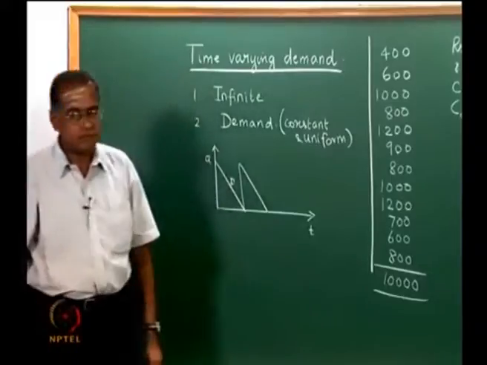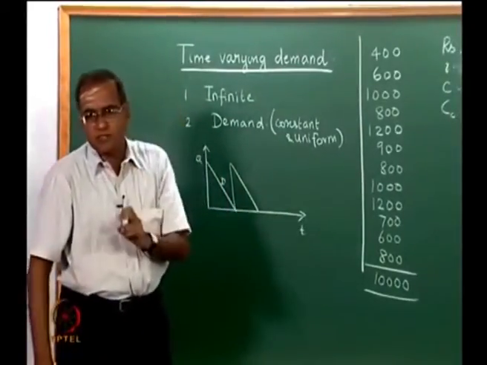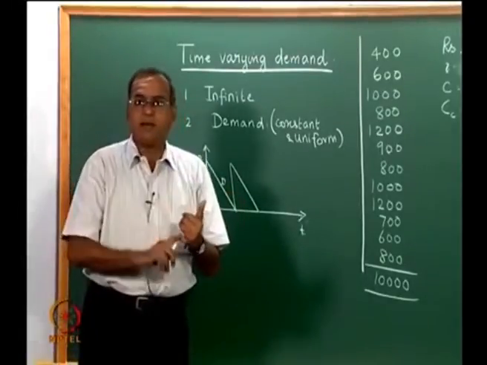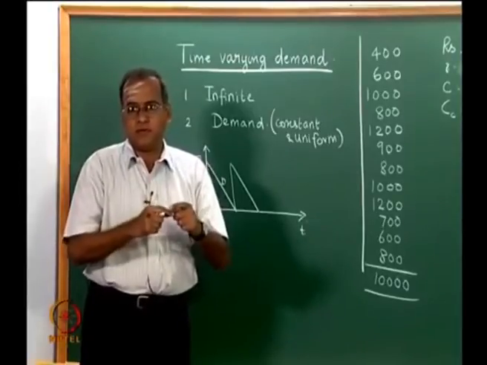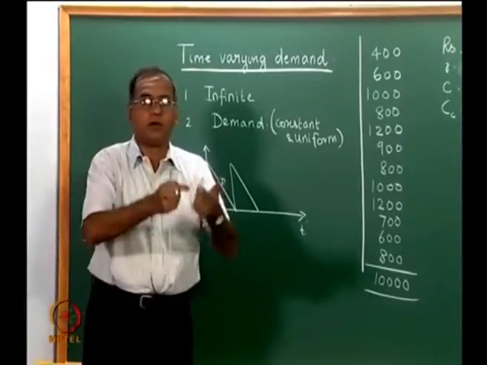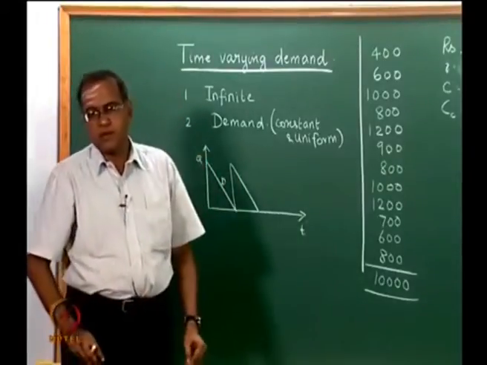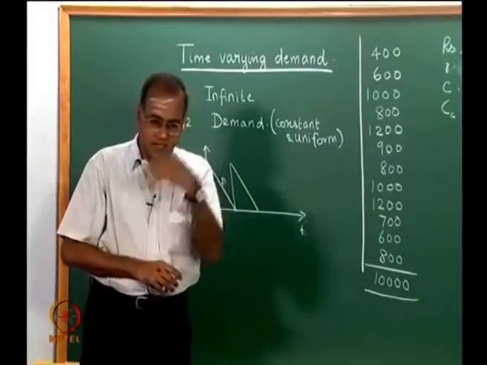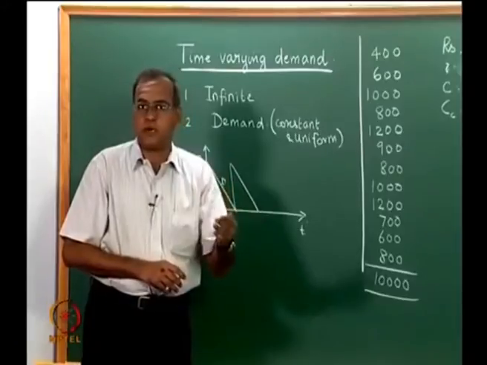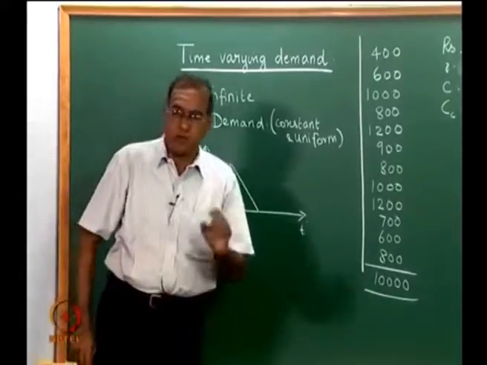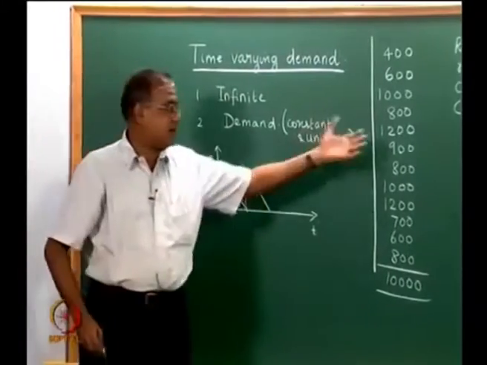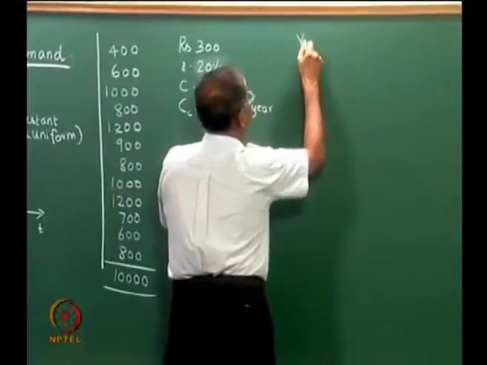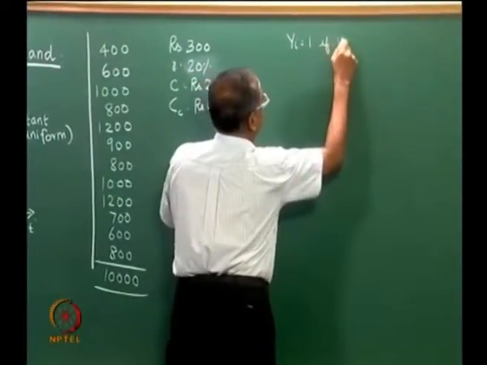So the moment we take care of these two assumptions, that the order is placed at the beginning of the month and the order quantity should be the summation of k months demand, k could be 1 or 2 or 3 from that point. And secondly, we place an order only when the stock is 0. If there is stock at the beginning of that month, then there should be enough stock to meet the requirement of that month. So the moment we assume these two things, which will happen under certain conditions, we now formulate a problem where yi equal to 1, if we place an order